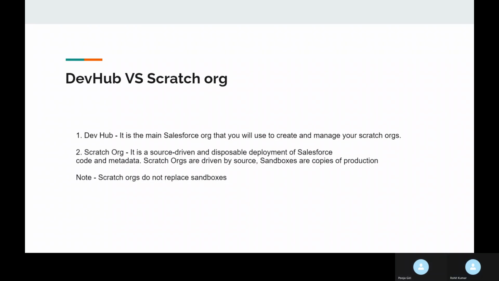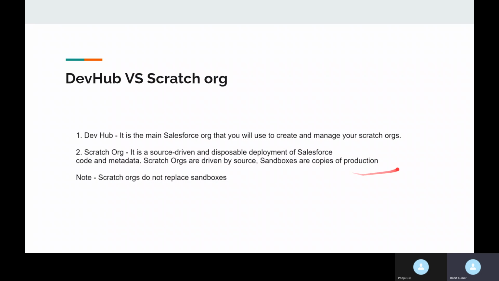Yes. So if you are working as a developer or a tester, always use your sandboxes based on your company need and requirement, like developer pro, partial copy, full copy sandbox, like that, right? Always remember, sandboxes are copies of production.